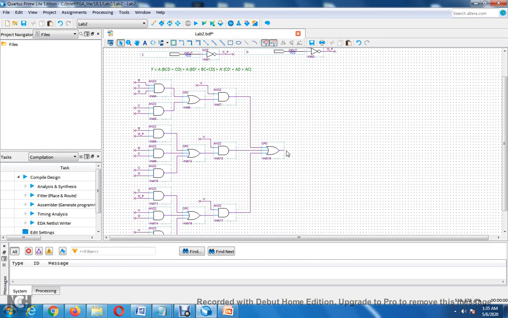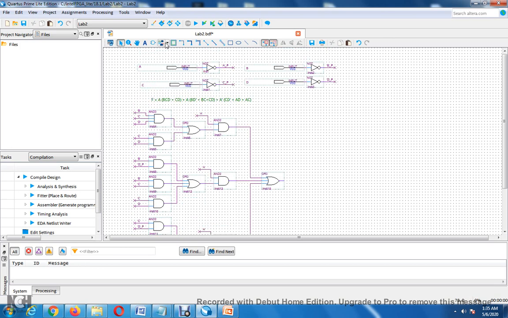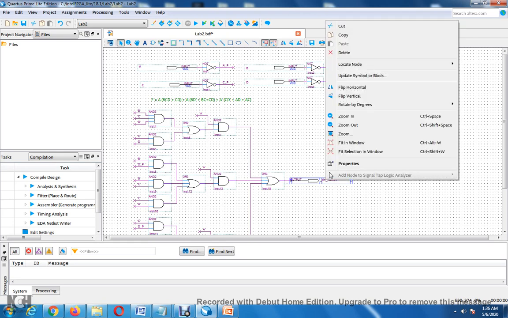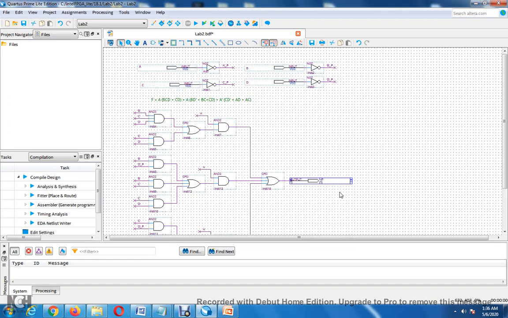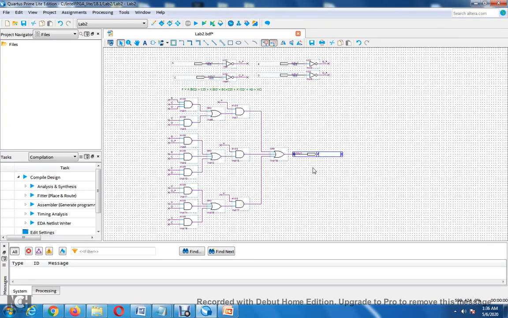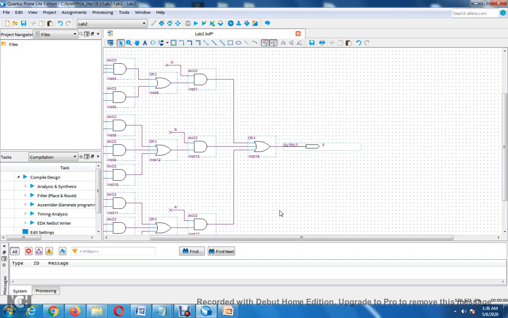Okay? Now, this gets output. No, don't do that. Just get an output marker. Stick it on there. Okay, now, right arrow key, get a piece of wire. Okay, label it F. Okay, now go look for